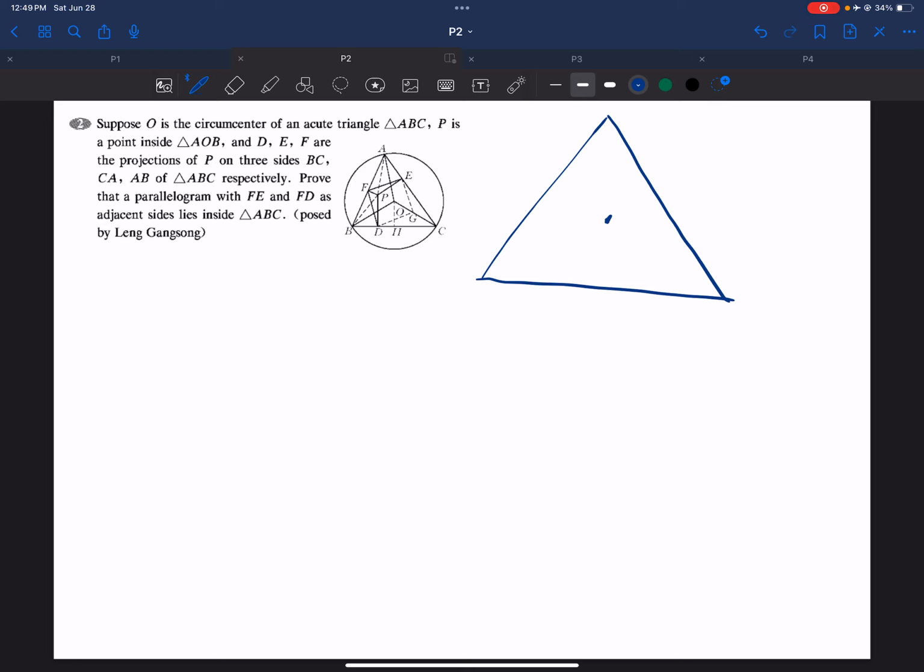So here's the circumcenter, which means that these three lines connecting to the vertices of our triangle have equal length. So the vertices are A, B, C, and O in the center. Okay. P is a point inside AOB. So the problem says that inside this triangle, we pick a point P